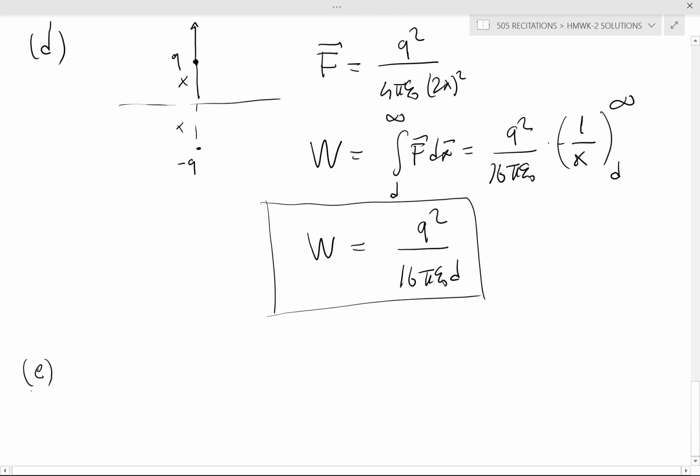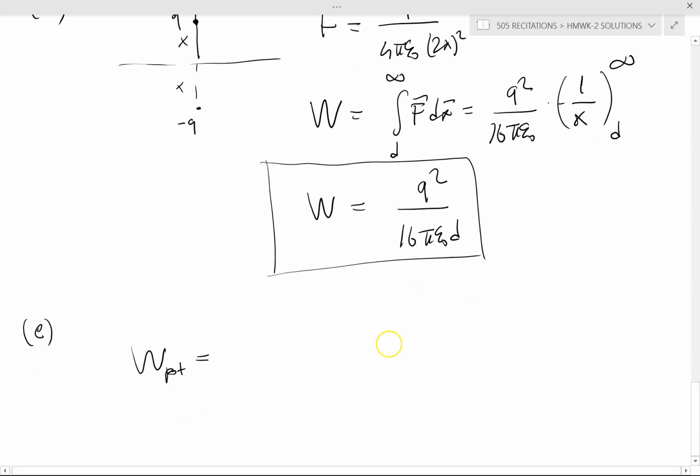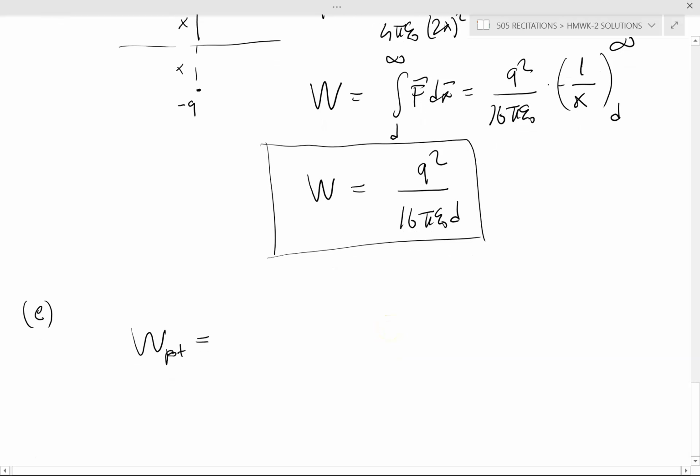What about the E part? The E part asks us the potential in between the two. Remember, in usual cases, the potential energy gives us how much of the work that we need to complete in order to make it free, in order to move it to the infinity. However, in this case, at first sight surprisingly, but later understandably,